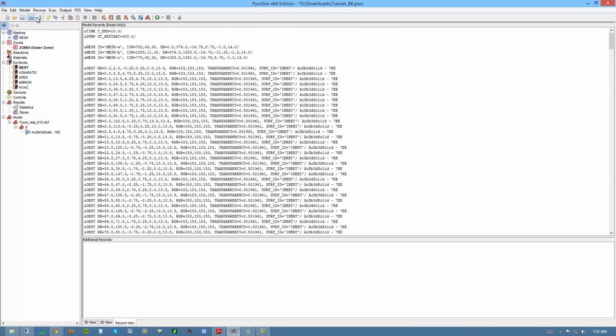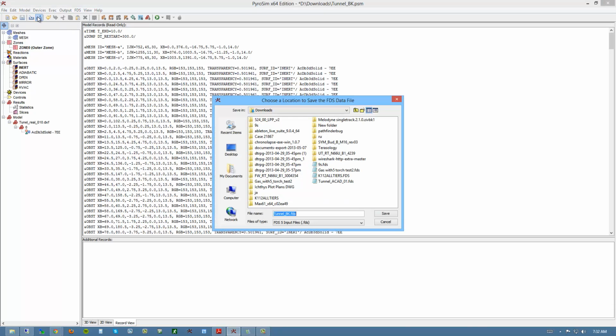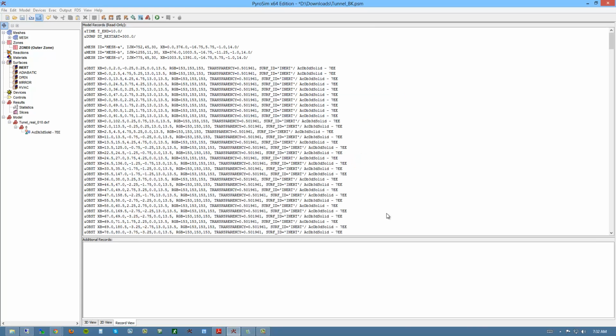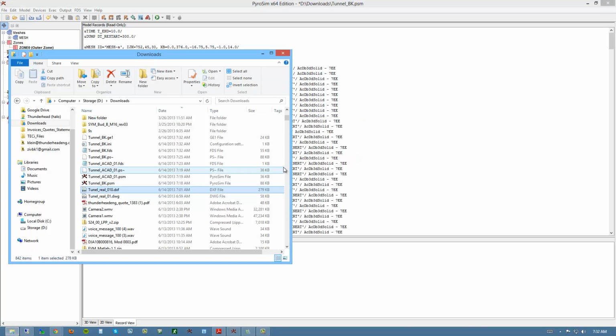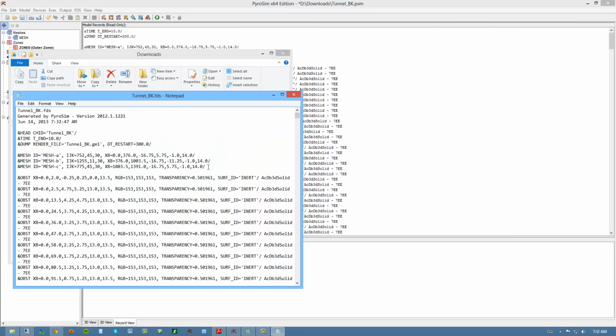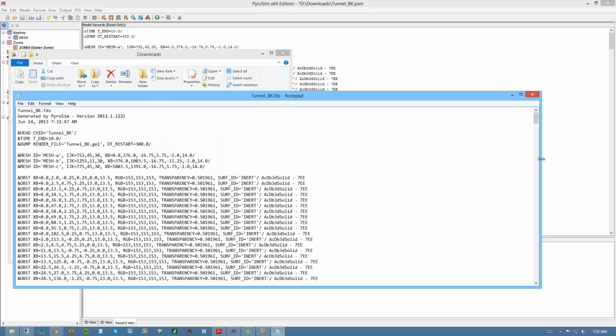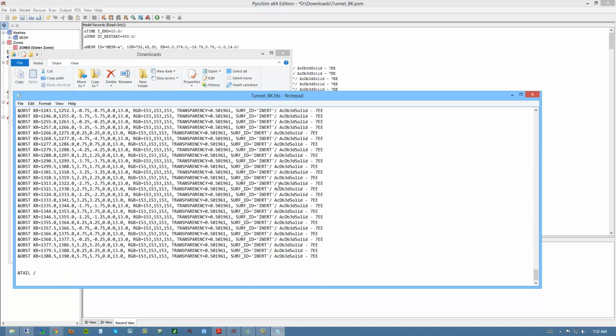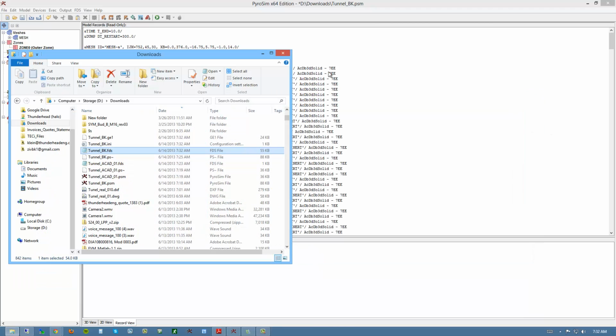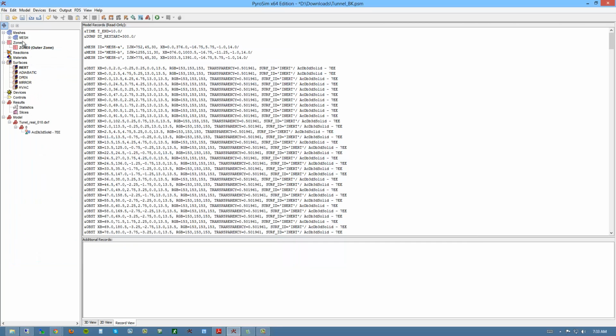And if you export this to FDS, write an FDS file, and we take a look at that here, we'll see all of the lines. So you have to have meshes to render or convert